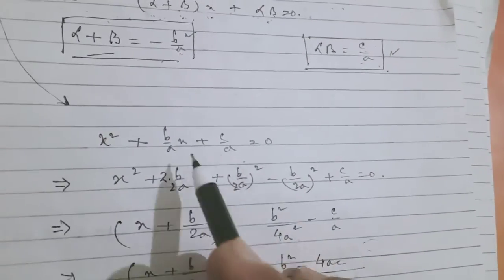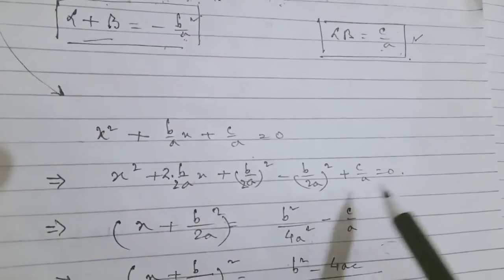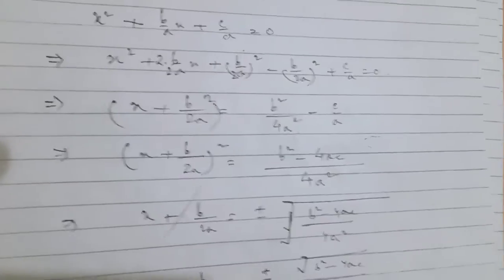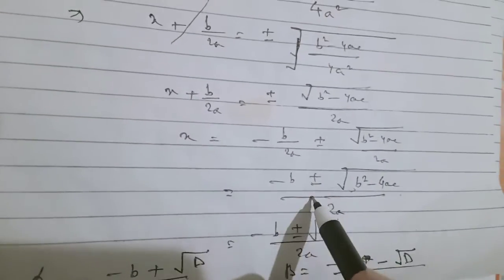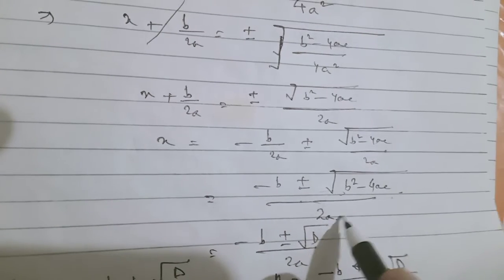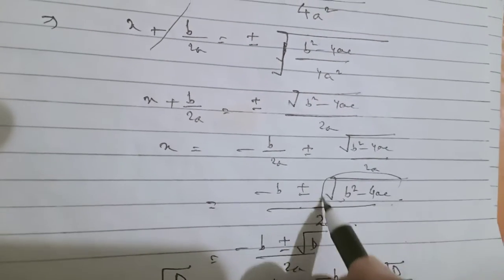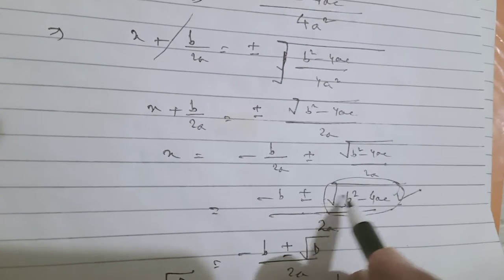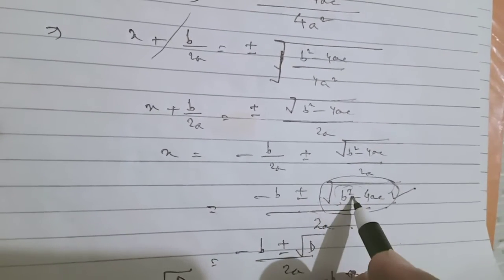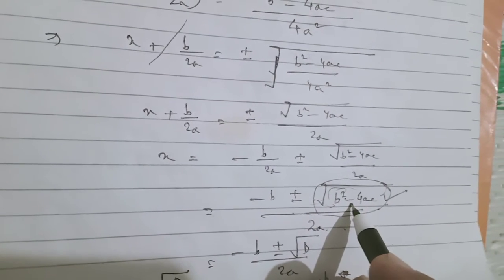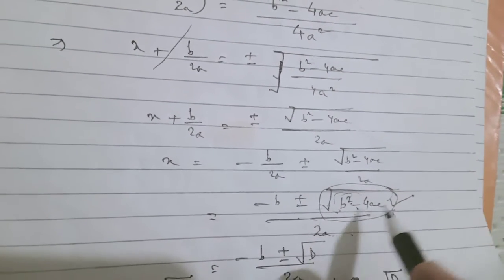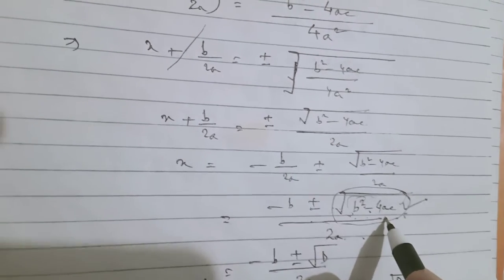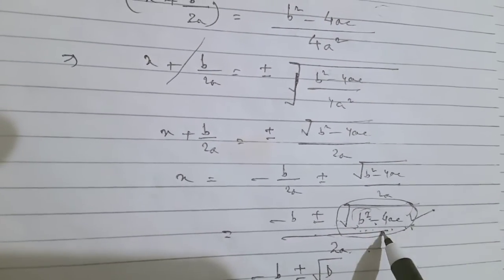Now you can also derive the Sridhar Acharya's formula from this. I have shown you the derivation, you will get it in the book. So you know that this is the Sridhar Acharya's formula: x = (−b ± √(b² − 4ac)) / 2a. So this is the determiner, because if its value is negative, then under root negative means imaginary number. b² − 4ac negative means b² − 4ac is less than 0. So it is a determiner.